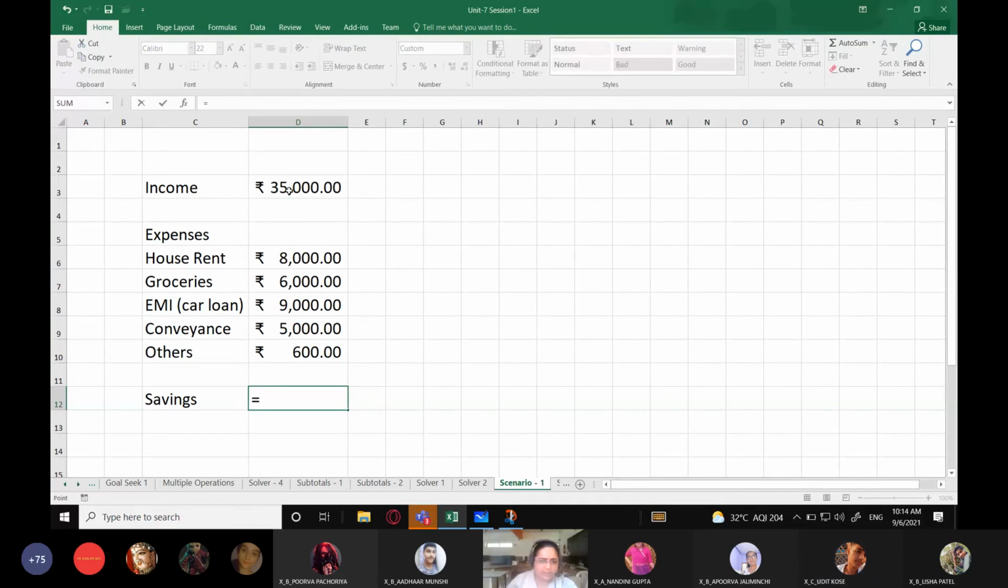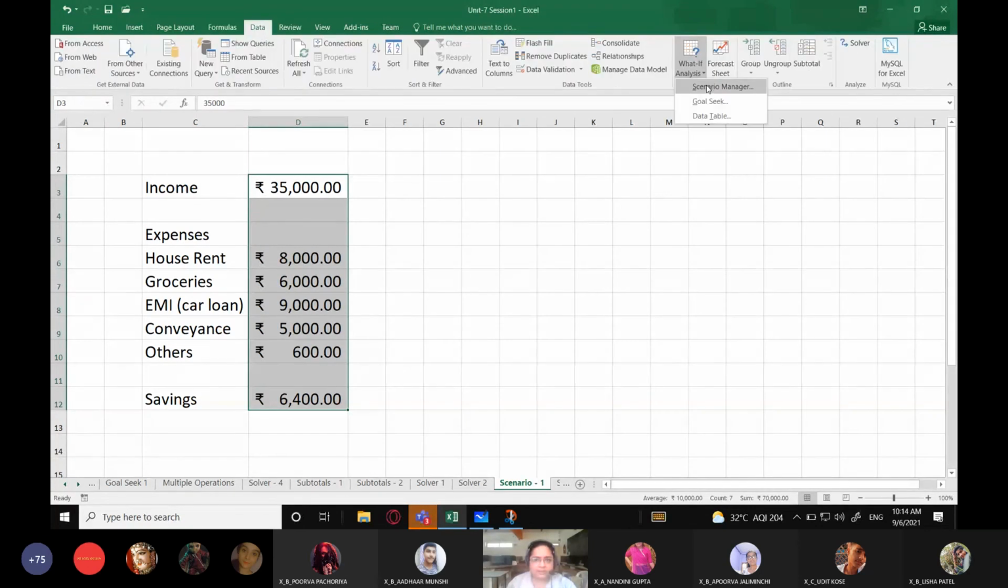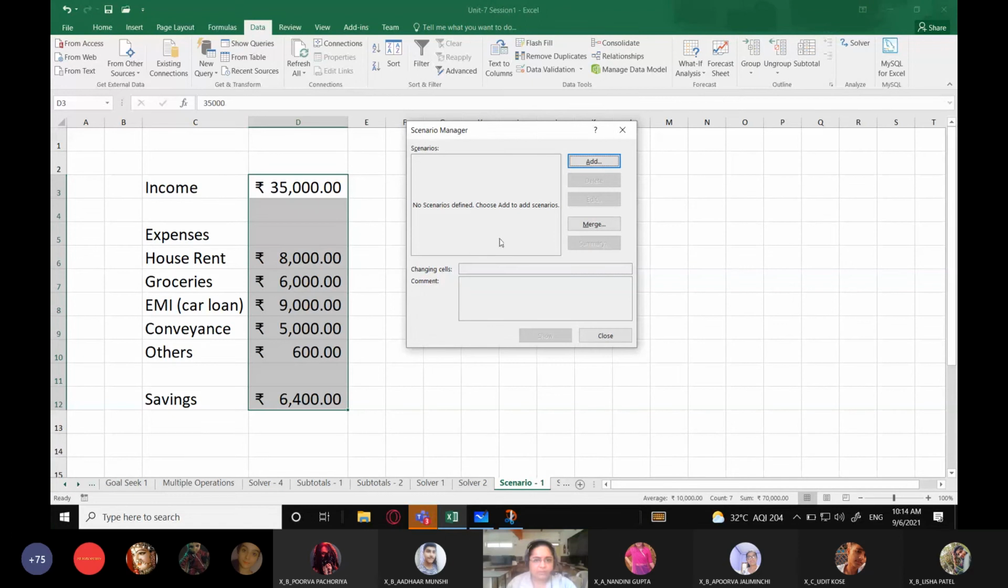So I'll write equals income minus, open the bracket, calculate the sum of all these. Instead of bracket, you can also take sum, and within the sum function, you can include all of them, and you get a savings of how much? 6,400 rupees. So at least 6,400 rupees I am able to save over here. What you can do is select all these values, only the results. Then you go to data, what if analysis, scenario manager, and here you click on